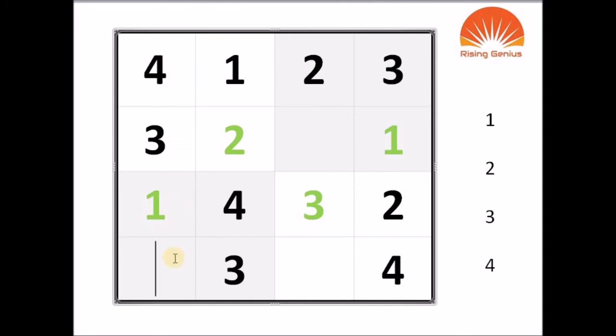What's remaining? See, in the standing line also one number is remaining, and in the big grey box also one number is remaining. What is that number? Number 2. Again 2, you check. Nothing there in the grey box, no 2 here standing, no 2 here sleeping. Now what's remaining here? See, you have already 3 digits here, in 3 squares are filled up. You only have to fill up this square. What is that number? Number 1. Yeah, very good, you're getting it now.